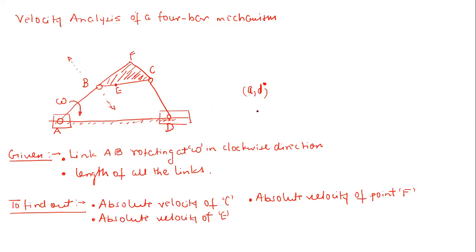Now we have to draw the AB vector, or you can simply say velocity of B with respect to A. To draw that, we know the magnitude and we know the direction. So what you do, you put your ruler scale here and drag this ruler scale till this point. And then just draw a line perpendicular to this AB through this point A. So now this is very simple. This is going to represent your velocity of B with respect to A.